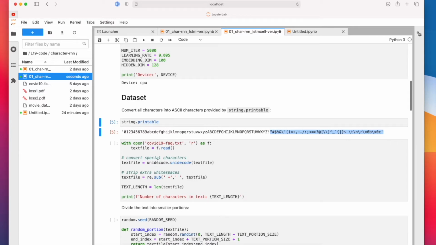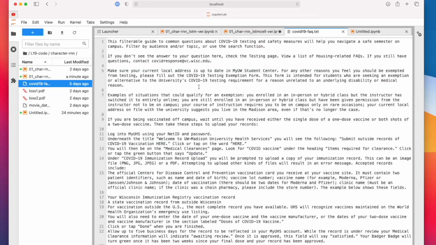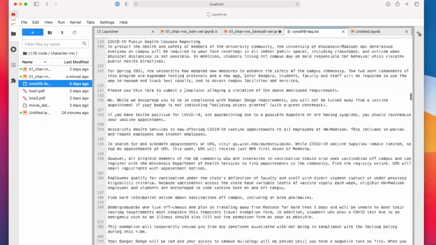The dataset we will use is the COVID-19 FAQ from the University of Wisconsin website. I went to that website and extracted all the FAQ questions here. As you can see, there was a lot of text, so I just copied everything into a text file.